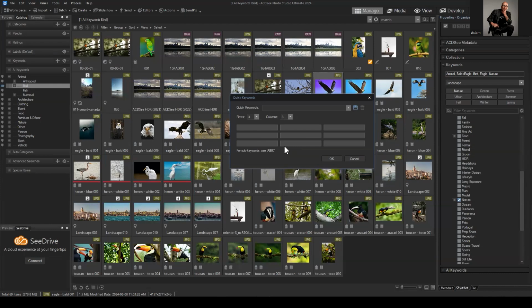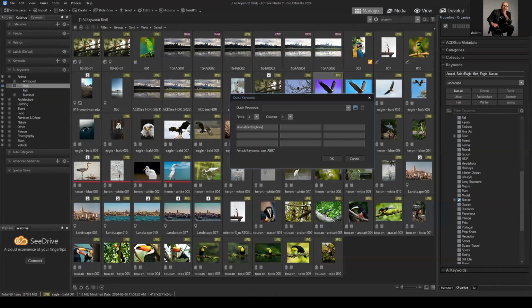How this works would probably be best understood with an animal at this point, rather than interior design. To add a sub keyword, I would add my master keyword, say animal, and then a vertical dash. For those who haven't seen a vertical dash, it's the one underneath the backspace. It's a shift click, and it just looks like that. So I'd add animal, vertical dash, bird, and then, say, we added waterfowl earlier. Let's add a